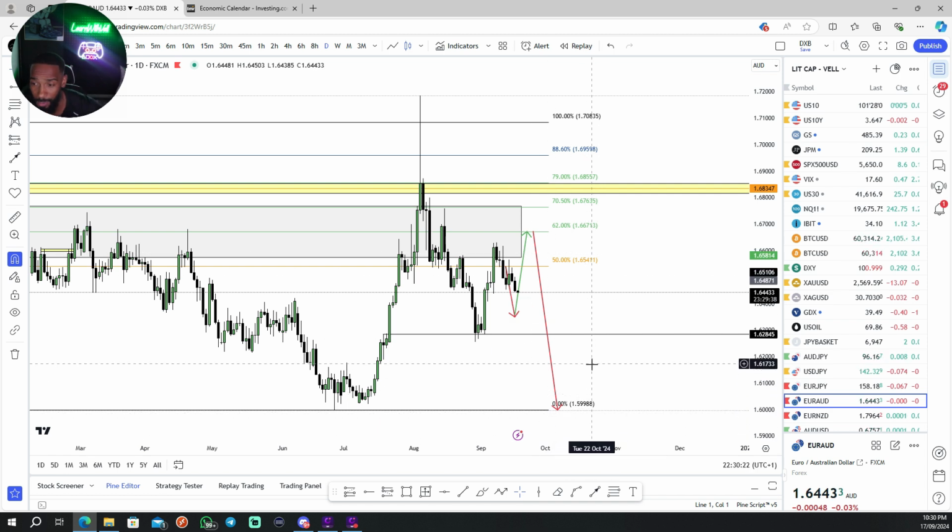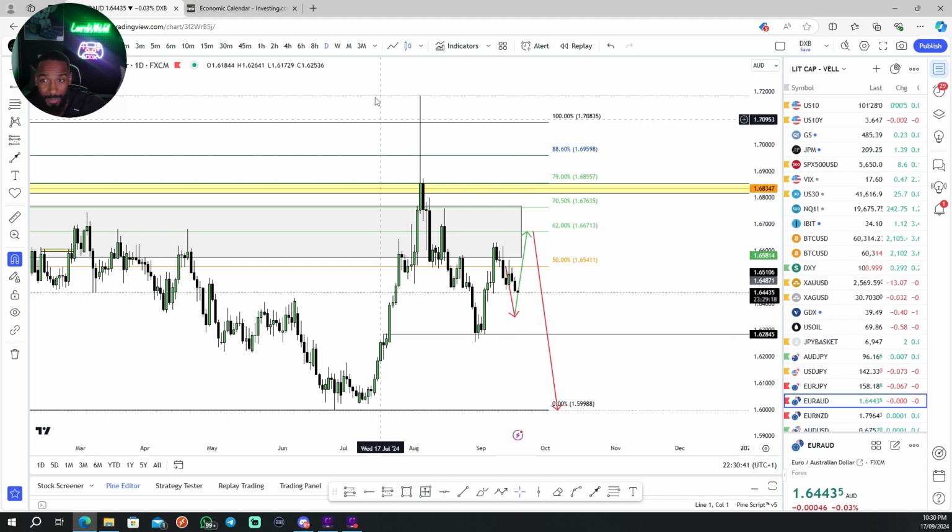Now, we haven't really seen price move. Price has been quite slow, and usually that would signify the calm before the storm. So I'm not convinced that price is prepared to make a new low from where it currently is. I would like price to come down into this area, retest it, push up, and then come down lower.